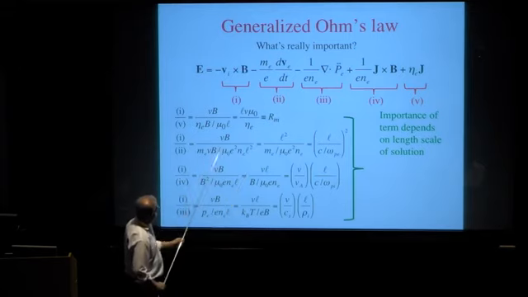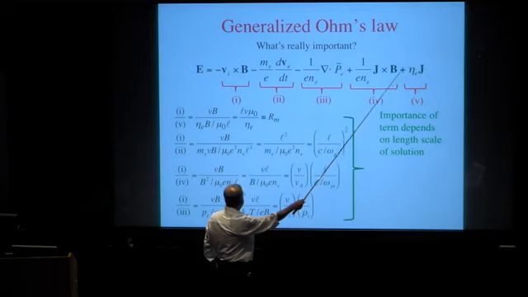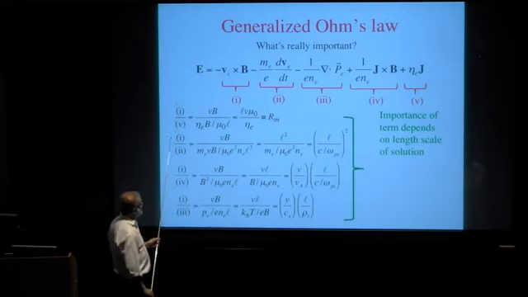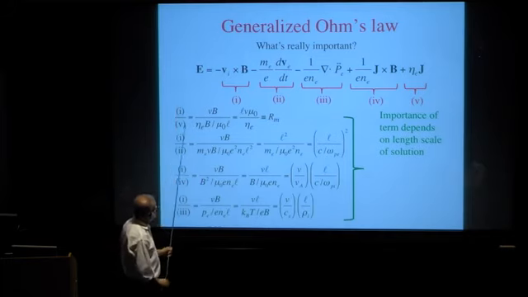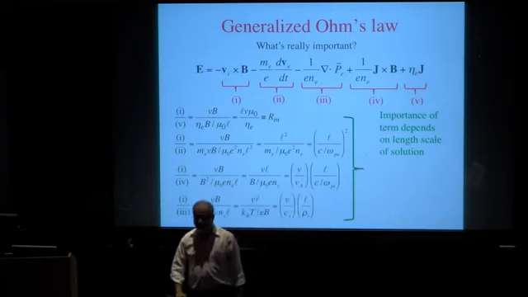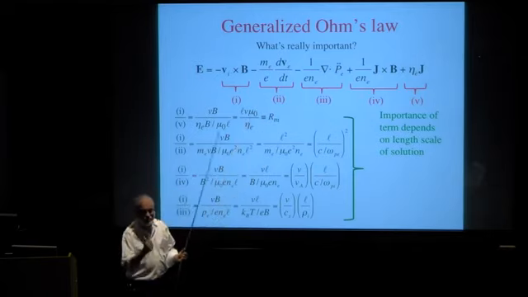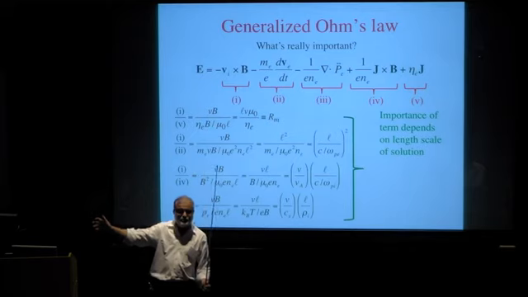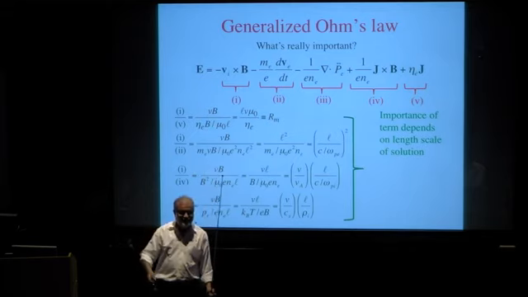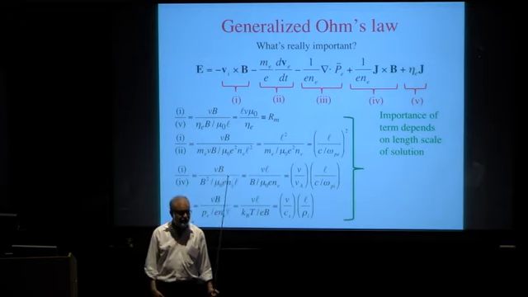Typically speaking, you can see that eta J is sitting here. I'm not even going to worry about this any further, because as I was telling you, in the Earth's magnetotail, you will find that this term, treated very generally here, is really too small to matter. So really, you're back to the electron inertia term and pressure tensor terms, and remember what I told you? All the terms for which the curl is non-vanishing can break field lines. Electron inertia can break field lines. This is what happens in particle-in-cell codes. We do not have collision operators.